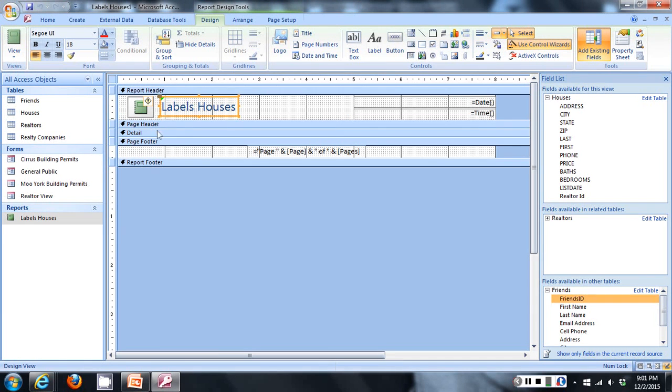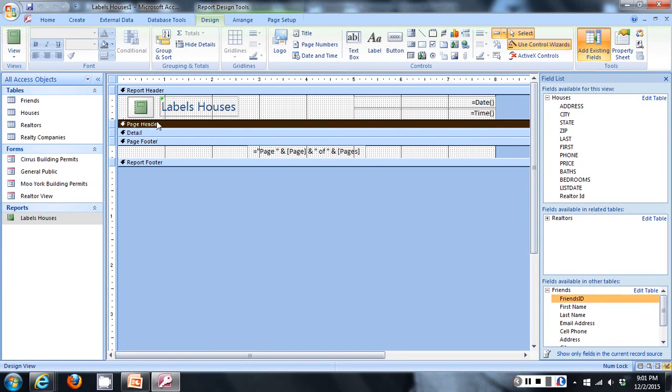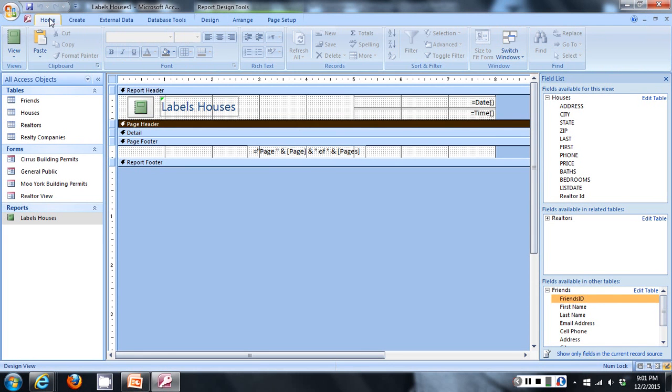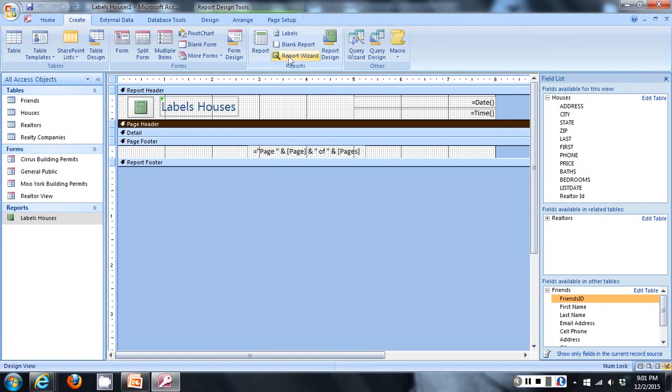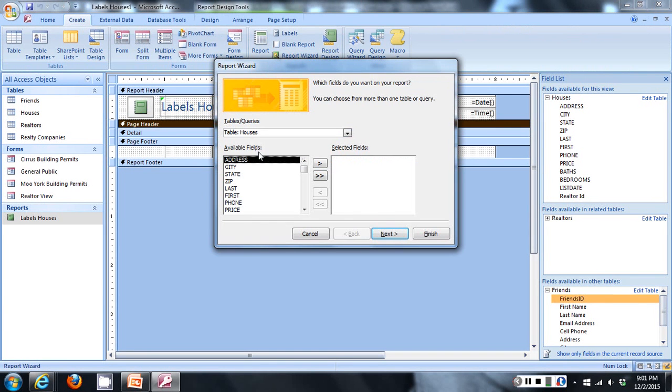So I could insert my controls and my labels and create my own report using the design view in this manner. Or the much easier and preferred method would be to create using a report wizard,